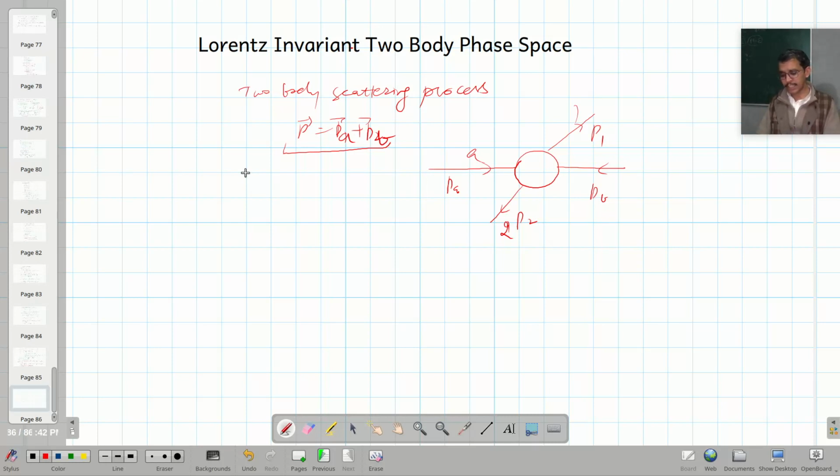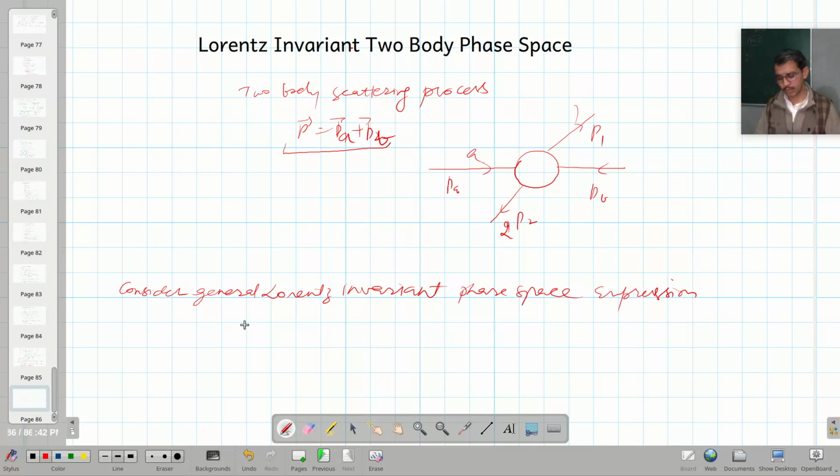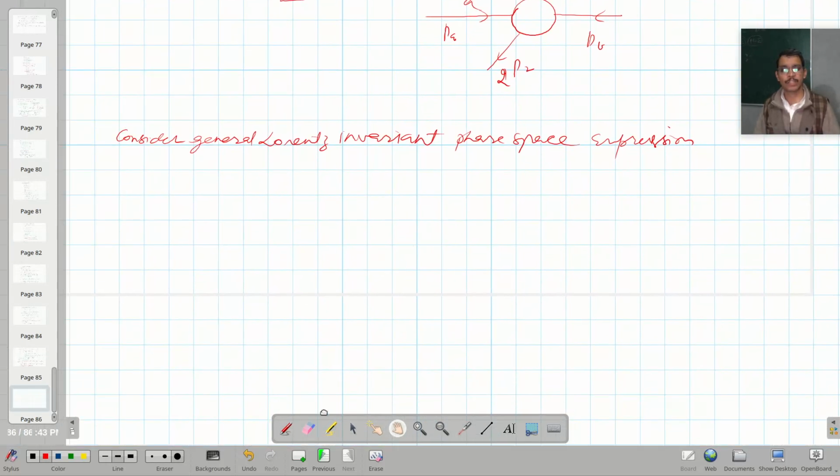Now let's consider the general Lorentz invariant phase space expression, which we have derived in the earlier lecture. So according to this expression,